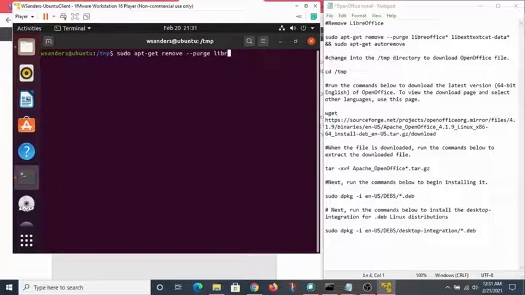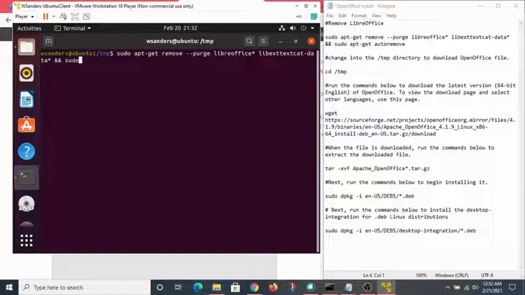So we're going to get everything related to LibreOffice off of this machine, and then everything related to this libexttextcat, all these other plugins or dependencies that the LibreOffice application has. We need to pull those off as well. textcat-data*, and